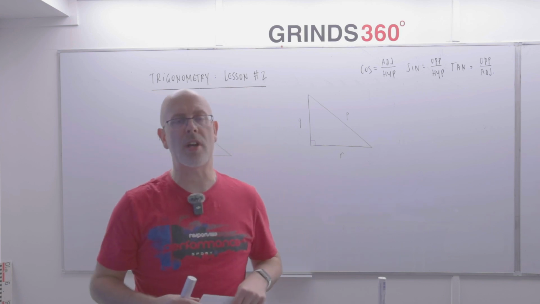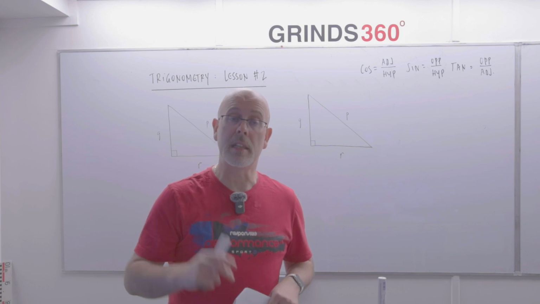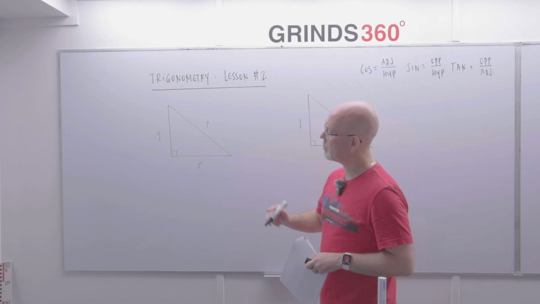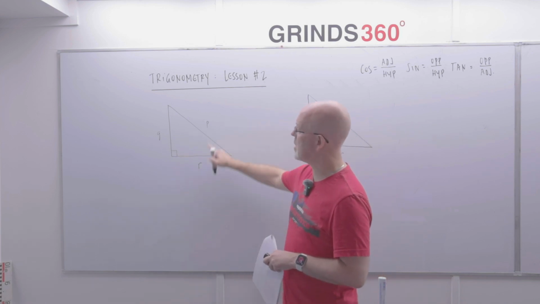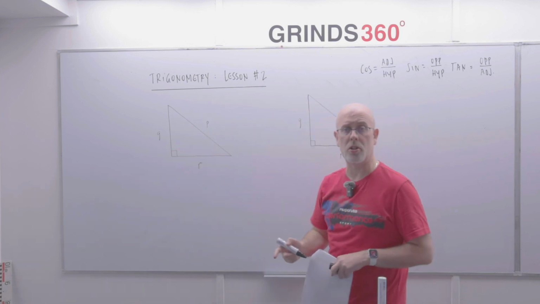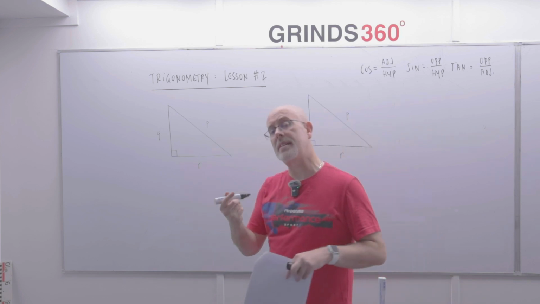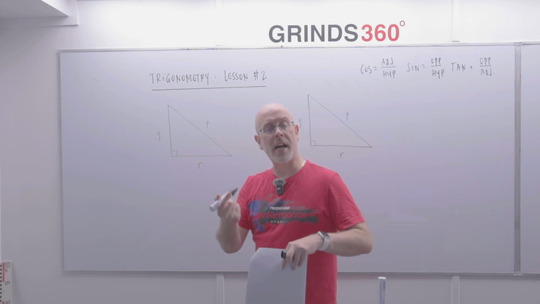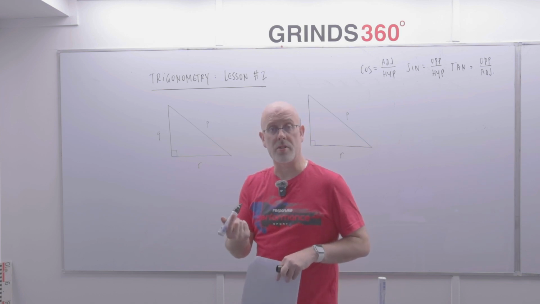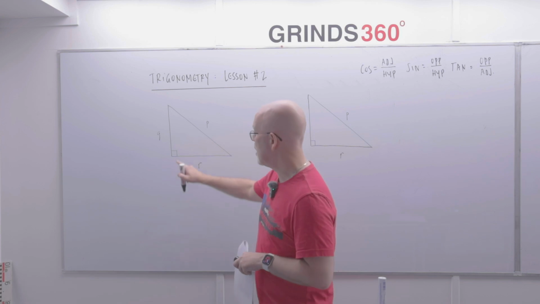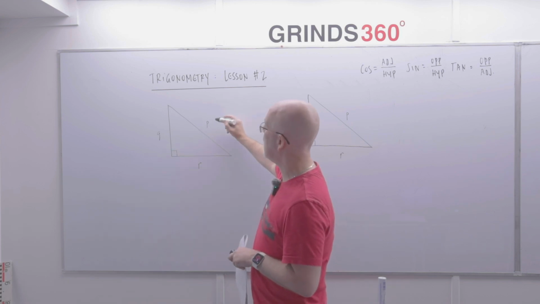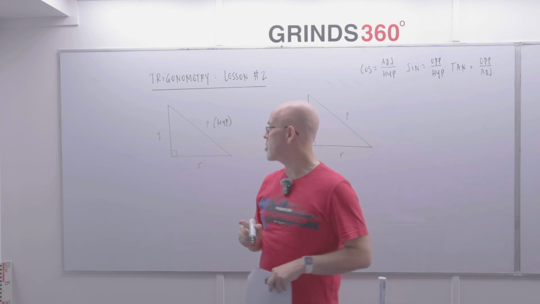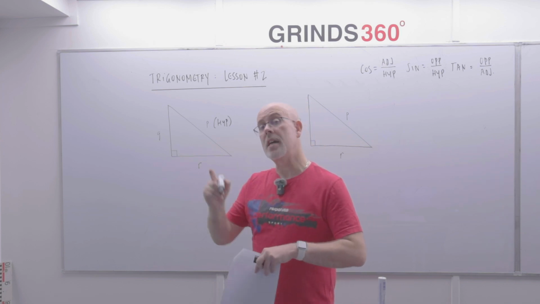The key thing is that if the triangle is right angled, I can name the three sides: the opposite, the adjacent and the hypotenuse. So if you were to have a triangle that looks like this, we've got a right-angled triangle with the three sides P, Q and R. I've got the same triangle drawn twice here. If I were going to name the sides, as we mentioned in the first lesson, the side opposite the right angle is always the hypotenuse. It's referred to as the hypotenuse, and that will never vary. So if this is the right angle here, the side opposite that, P, is the hypotenuse in this case. Now, which of the other two sides is the opposite and which is the adjacent depends on